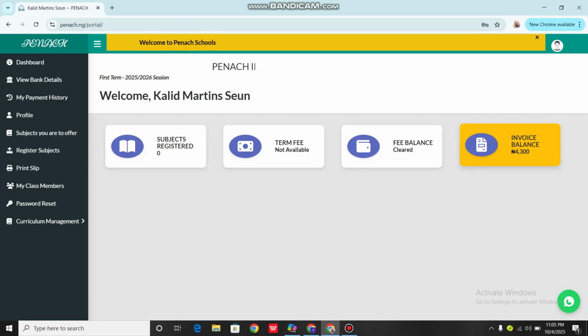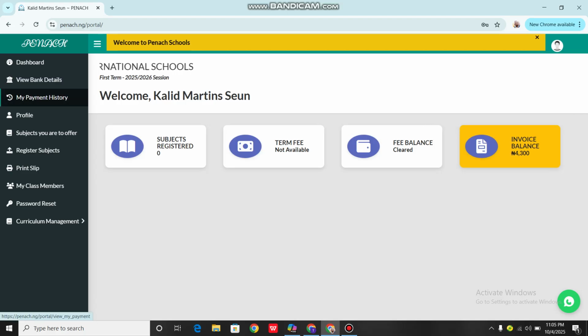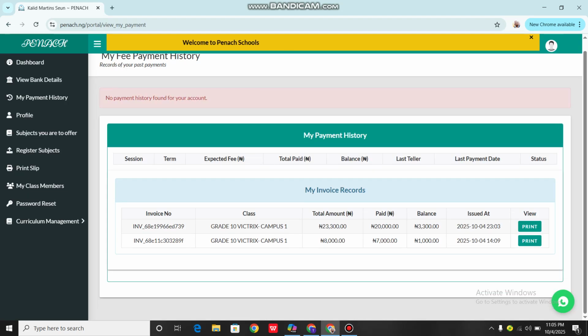4,300. This particular student was owing 1,000 before in our previous class. I don't know if you are following us. Let me go to payment history so that you understand the procedure. As you can see, we have two invoices already. The first time, it was owing 1,000. Now, when we generate another invoice, it was now owing 3,300. Now the summation of these two invoices is what we are seeing on the dashboard,